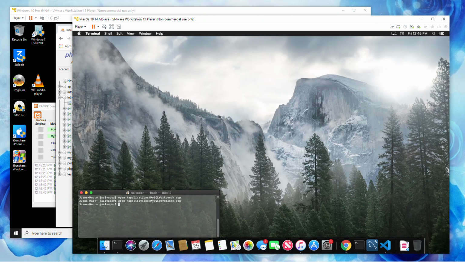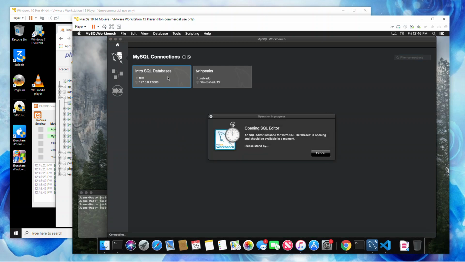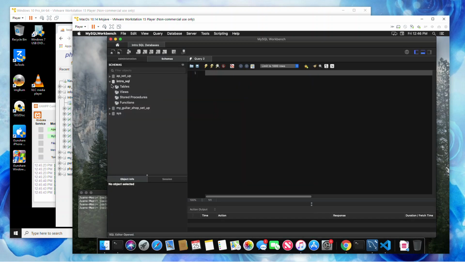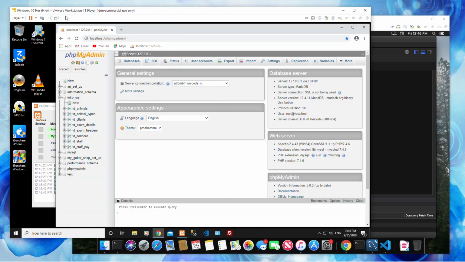Now we're going to look at macOS. I'm going to open the Workbench application. Here I created a connection early on. I'm going to just click once, it's already connected. Now I'm going to also open the database schema introduction to SQL, where I have my tables identical to the other one. So what I would do here, I'm going to run